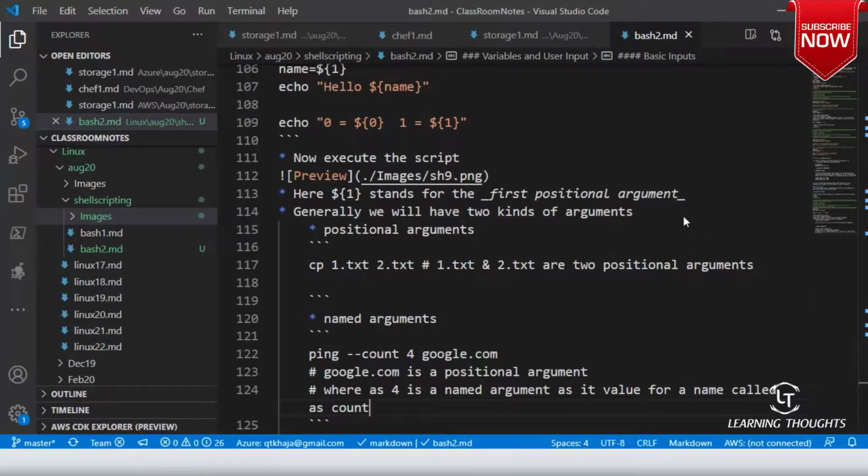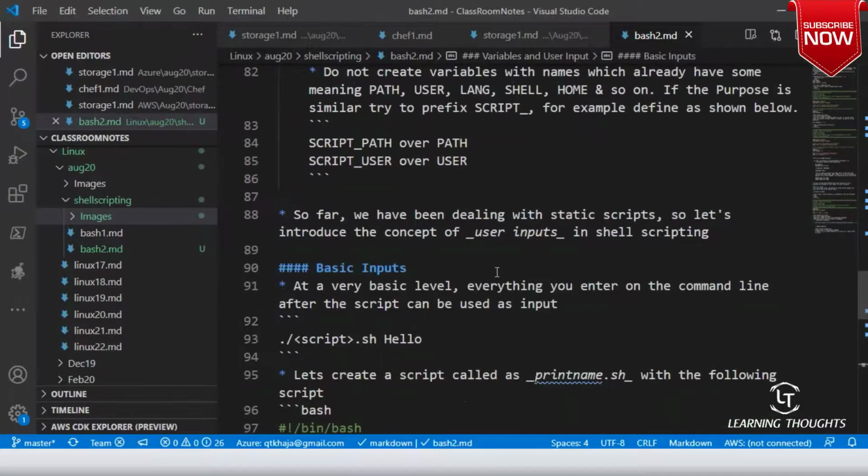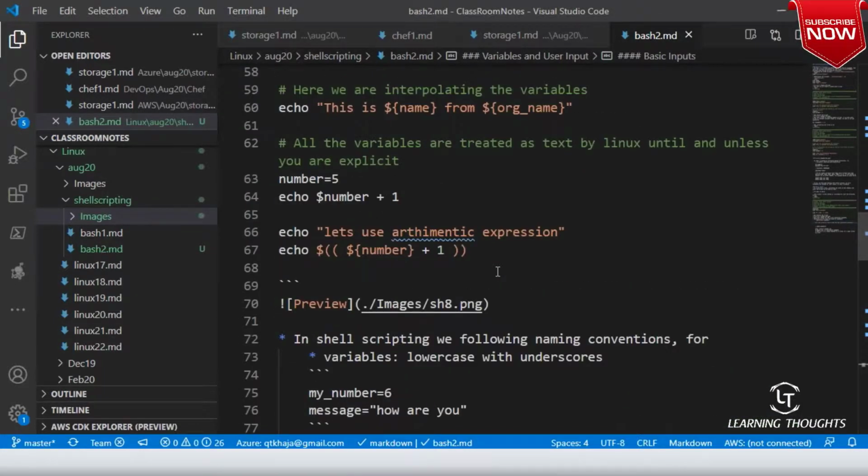Great. So I'll stop it at that, and then we'll continue with this discussion on named arguments and positional parameters, and we will try to develop some scripts around that.